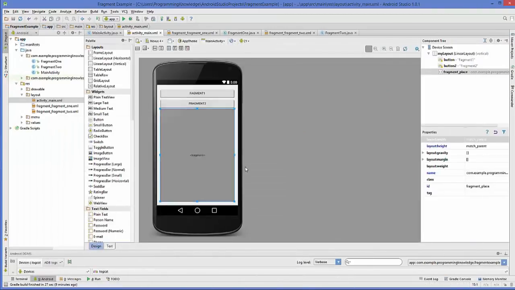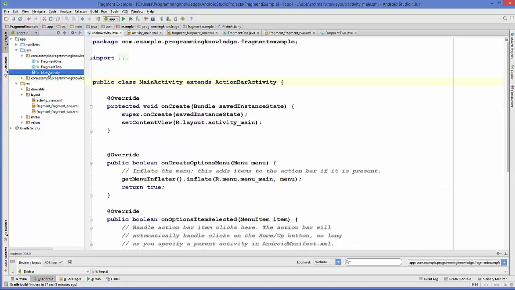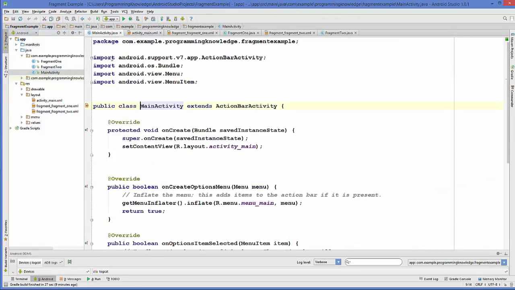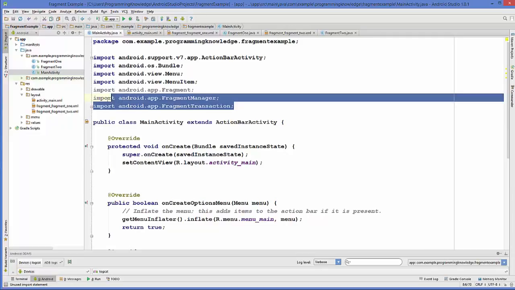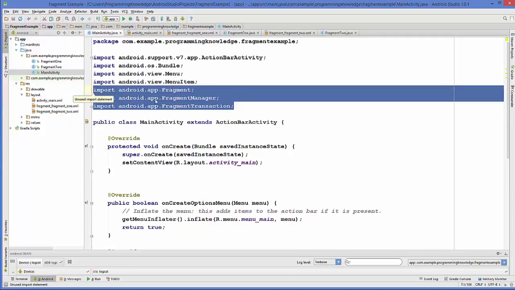So let's add some code to our MainActivity.java file. Go to the Java folder here and then go to MainActivity.java. In here, first of all, we need to import some libraries to add the Fragment Manager and Fragment Transaction. Just add these three libraries, which is import